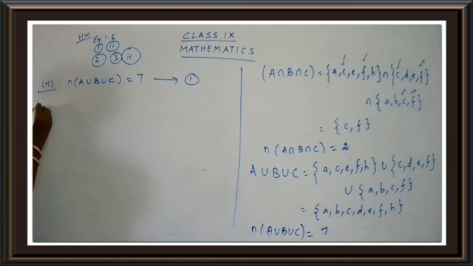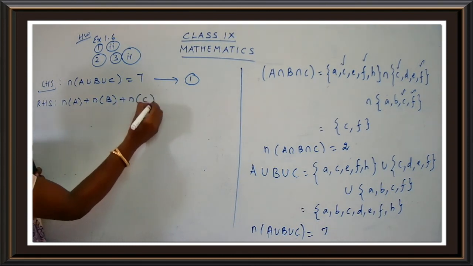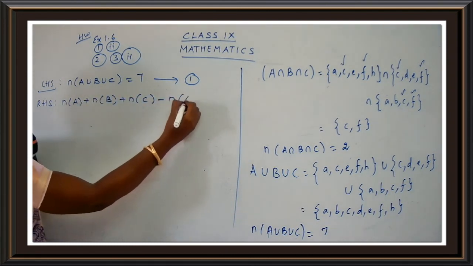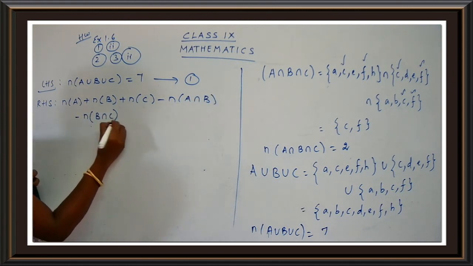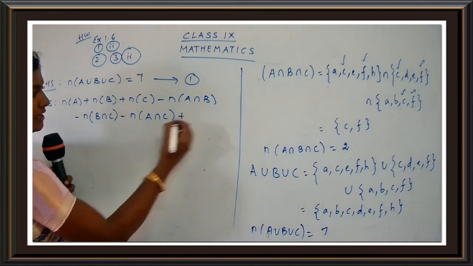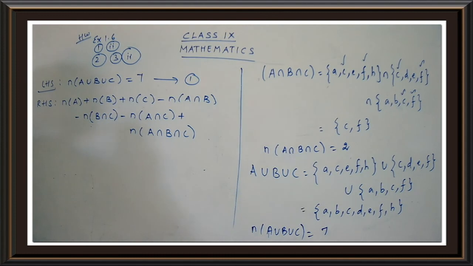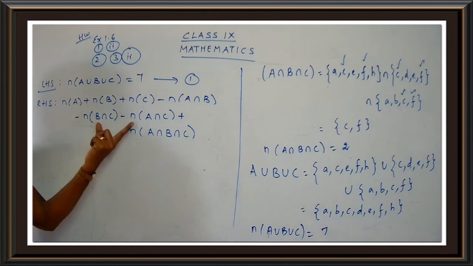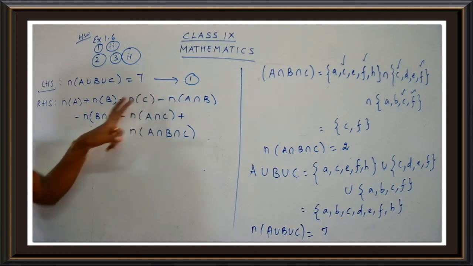Okay, now let's go for the RHS part. What is the RHS part? You remember the formula? N of A plus N of B plus N of C, then minus N of A intersection B, minus N of B intersection C, minus N of A intersection C. One more thing, plus N of A intersection B intersection C. Very easy formula, children. Just remember the formula. All the 3 terms, then all the 3 intersections, and lastly you have to take the intersection of all the 3 sets together. For 2 sets only we have